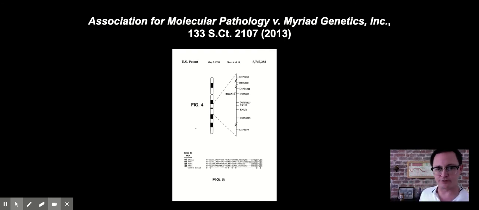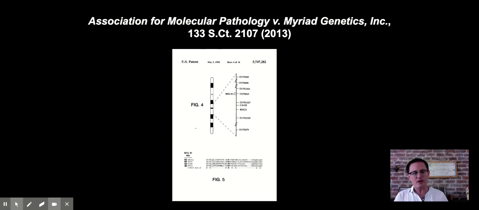And they accused the Association for Molecular Pathology. Rather, the question was whether the patents at issue were valid, specifically whether they were valid under Section 101. And the argument was, look, these are things that exist in nature